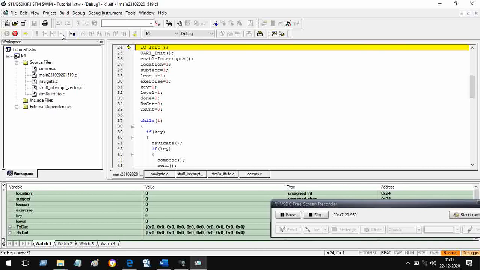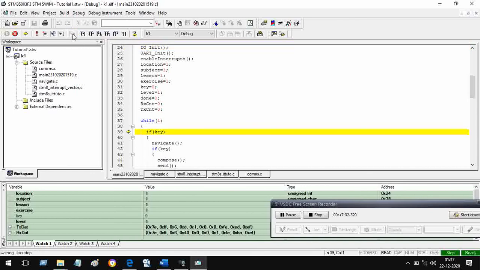Now if I press this again, that 0D will become 0E, because pause and play is the same button, it just toggles. I run it again, and I press it again, and I get 0E. So 0D has become 0E.